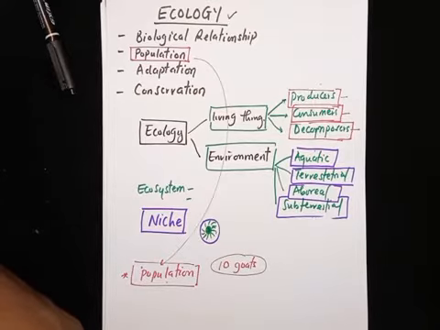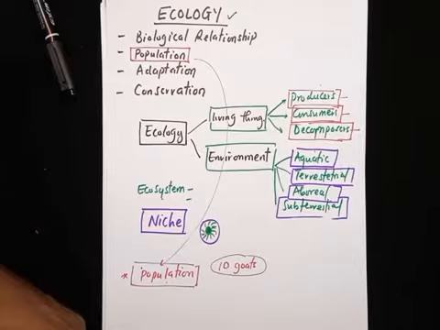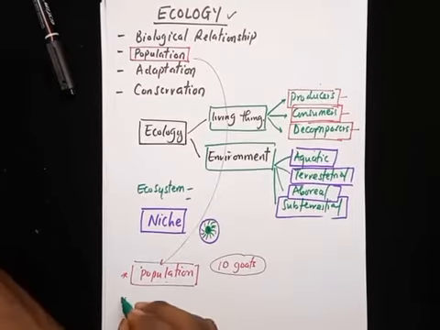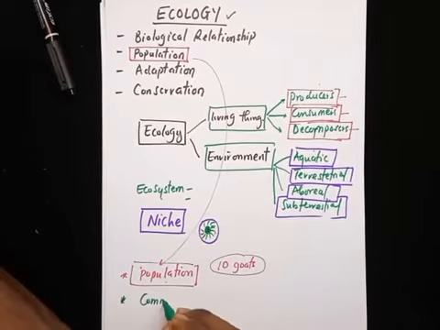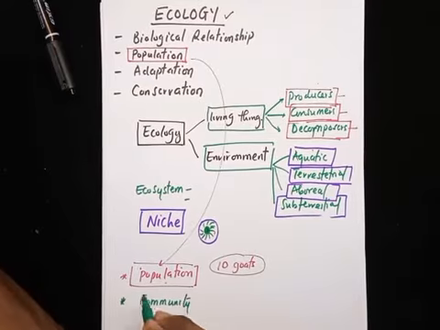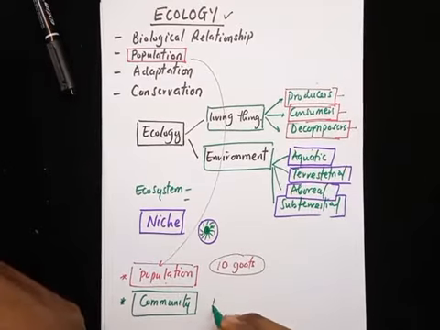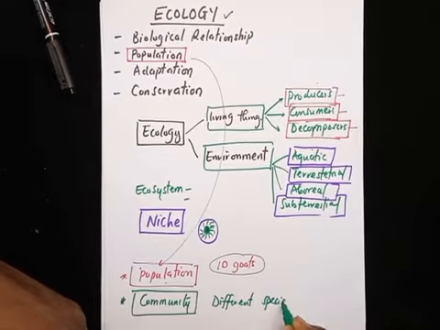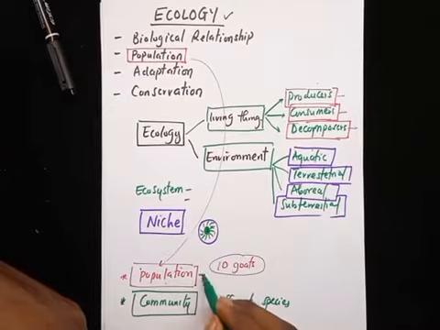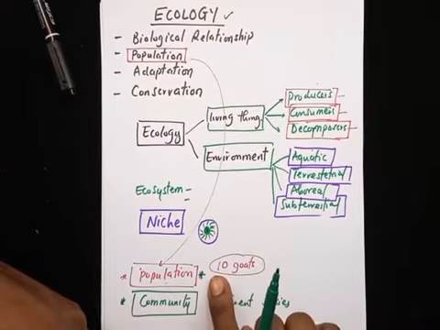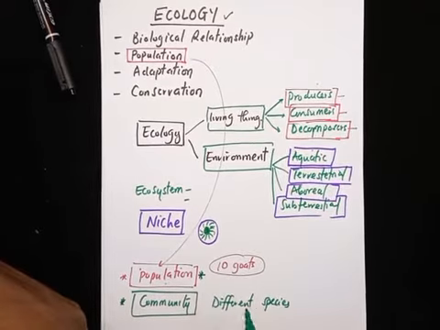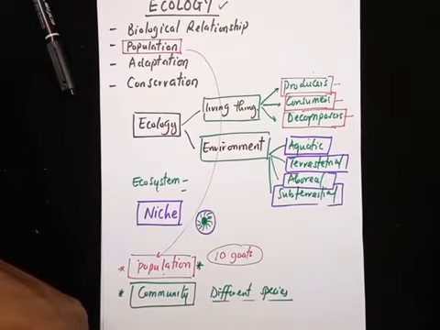Now, a community. It is important to note the difference between community and population. All right, so a community is a group of organisms of different species that live together in an environment. Don't forget, population are the same species, but in community there are different species of organisms that are living together